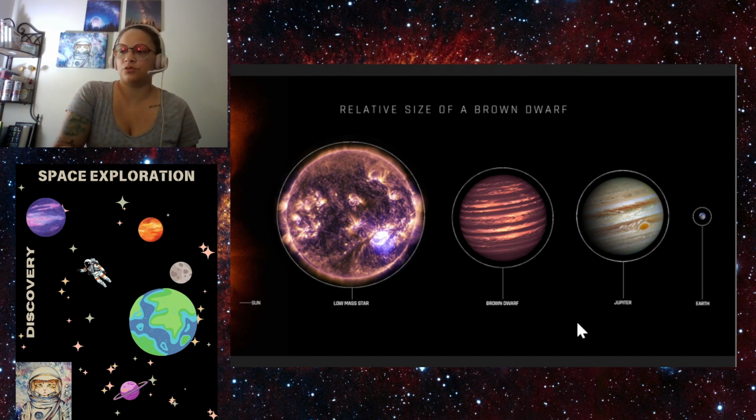It's when you get into the different sizes from the brown dwarf to the low mass star that you see there, then it's obviously this one's bigger. But we can't really tell the size difference between a brown dwarf and Jupiter with our naked eye. However, the mass, from the smallest to the largest, can be anywhere between 13 to 80 times the mass of Jupiter. So they are physically quite small, but they are relatively